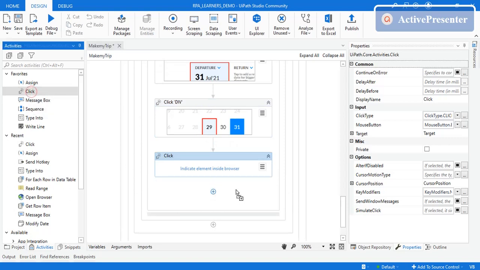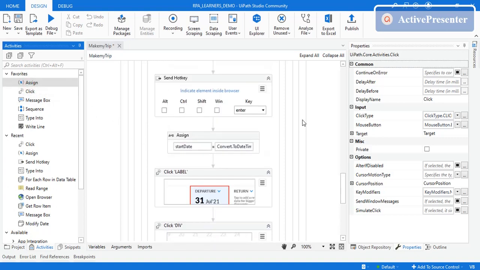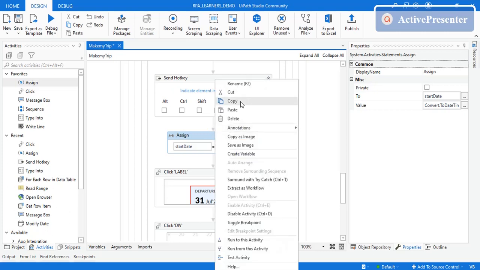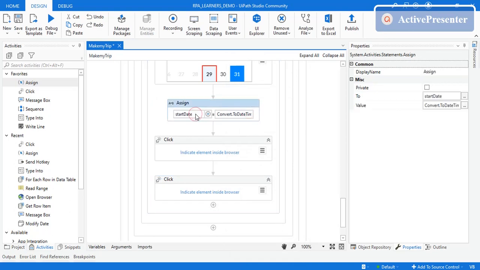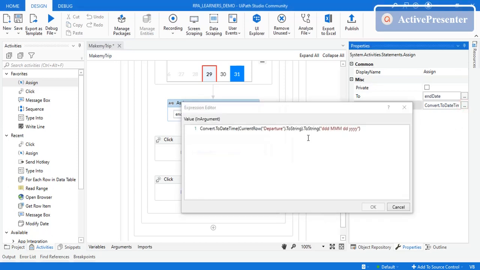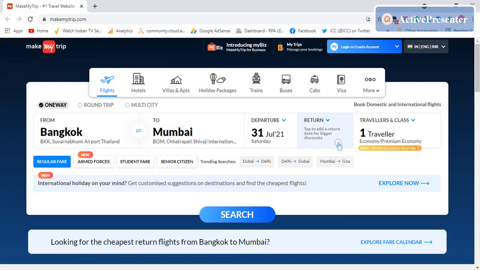Let's click, and then there is another click, but this time we need an assign activity. Let's modify the same part. Let's copy this one and paste it here. Let's name this an end date. And this time it is not the departure, I think it is return. So we will use return here. And we need to select the return,